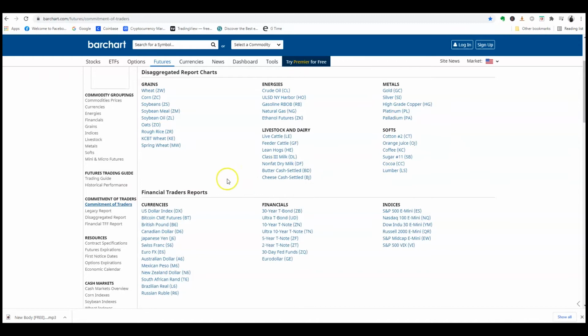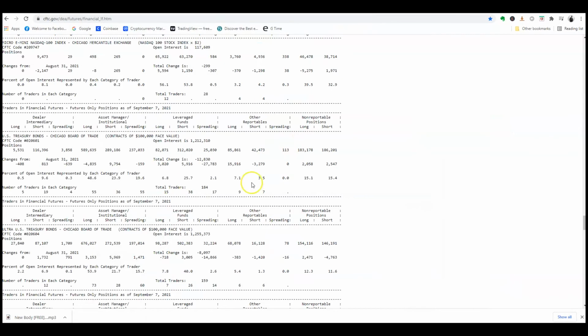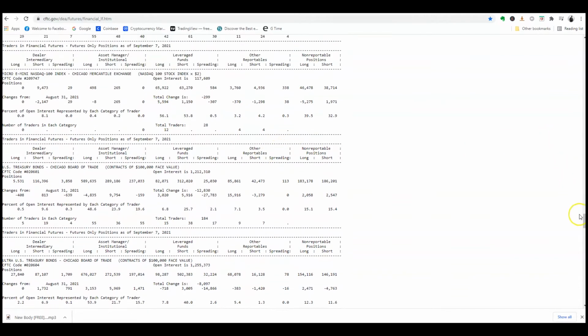Now, once I get all those numbers together, I move on to the next report. The next report that we go to is the Traders and Financial Futures. There's that web address up on the screen again if you want to pause and take that down. Now, the next one that we go to is going to look like this, right? This automatically updates